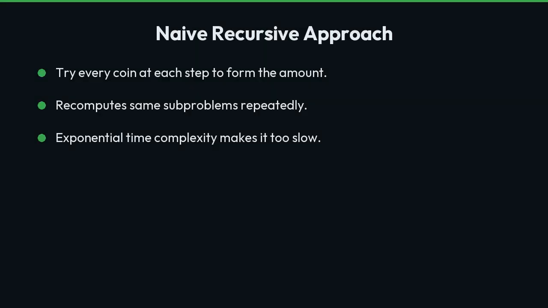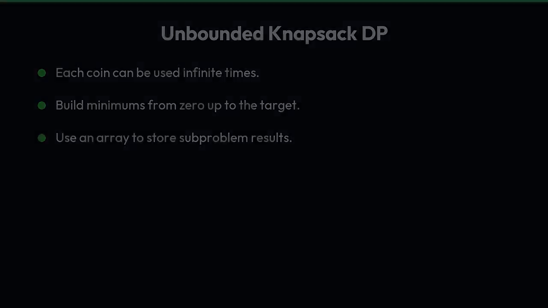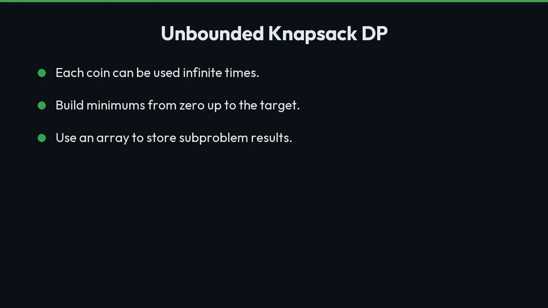A naive recursive approach tries every combination of coins for every subamount. This leads to an exponential time complexity because we recompute the same subproblems over and over again. We need a way to store results so we do not repeat wasted calculations. This problem fits the unbounded knapsack pattern, where we can use each item multiple times. We will use dynamic programming with an array to store the minimum coins needed for every value from 0 up